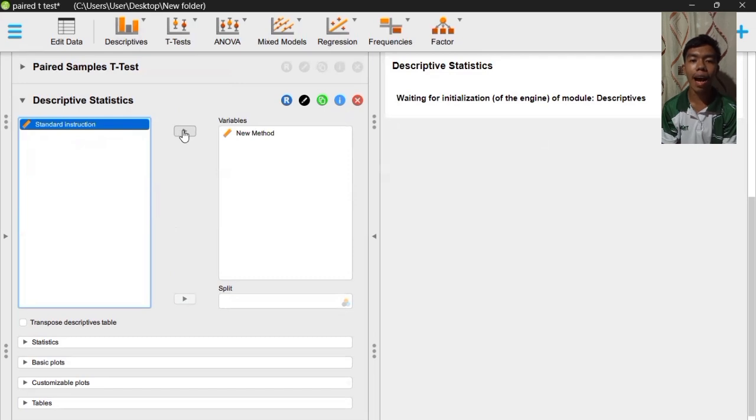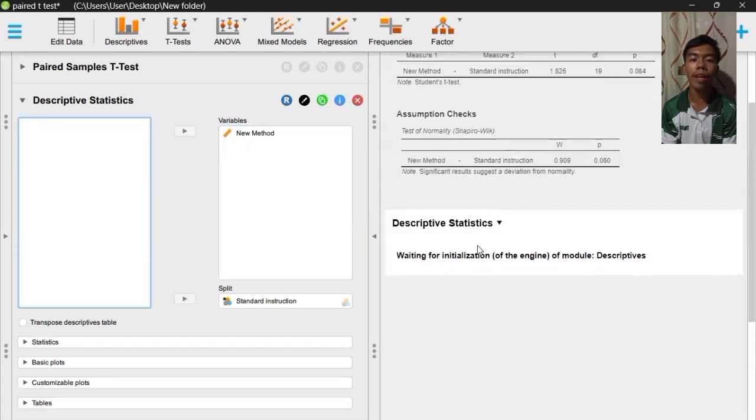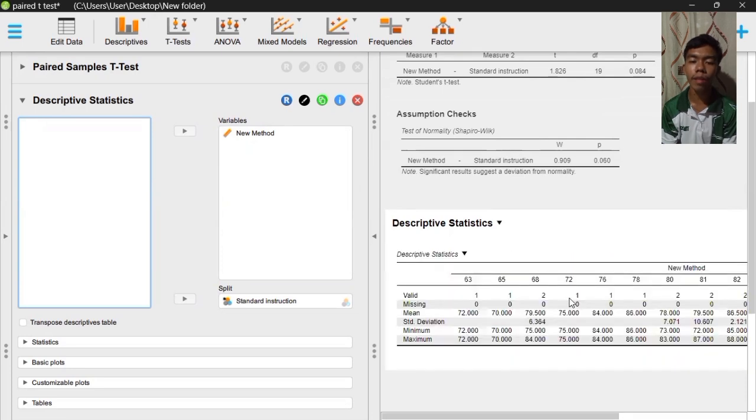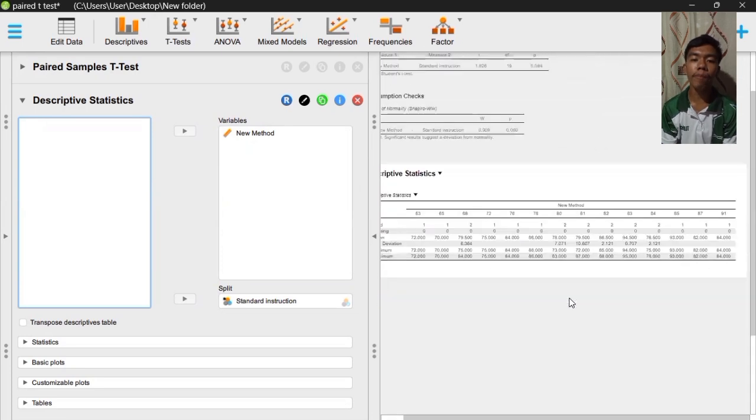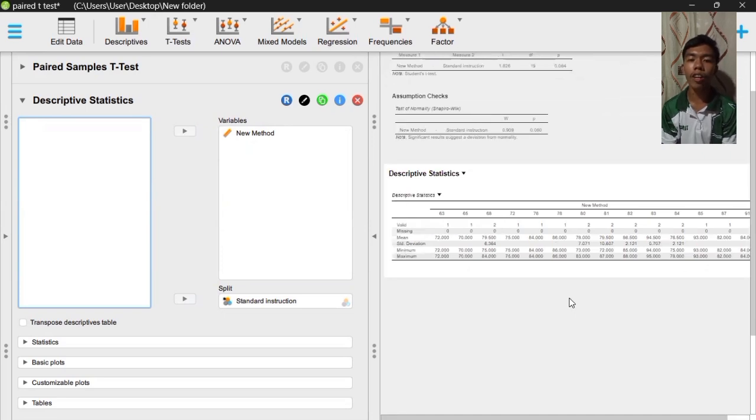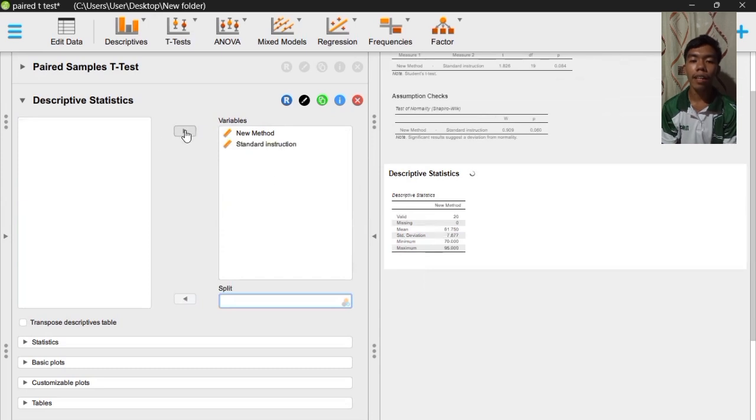First, again, our research question here is: is there a significant difference in the mean amount of materials learned between the new method of instruction and the standard instruction? We have a null hypothesis, or H0, of there is no significant difference in the mean amount of materials learned between the new method of instruction and the standard instruction.